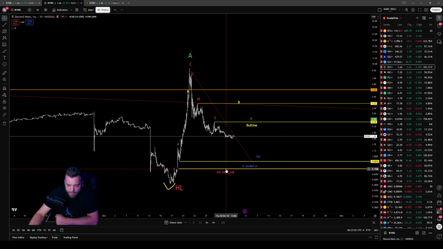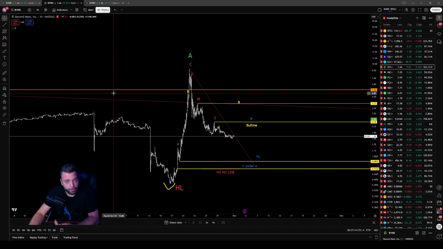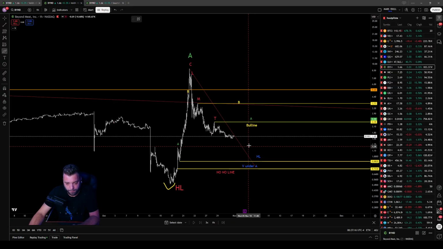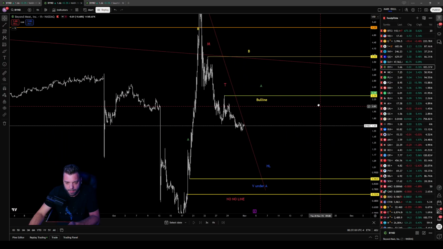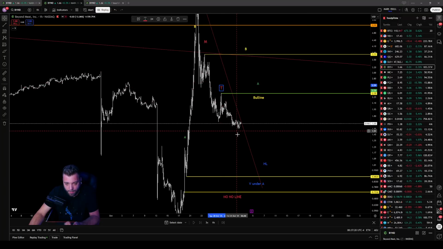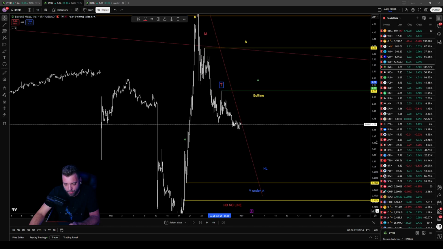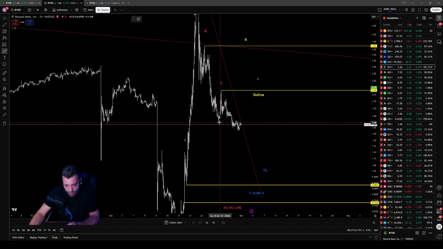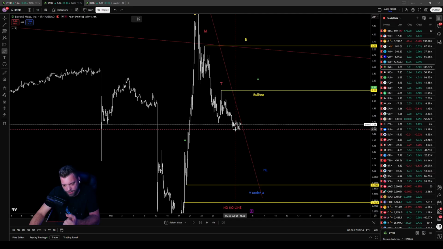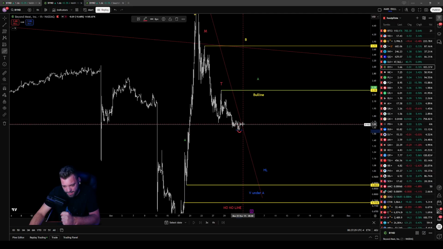Everything under 73 cents is bearish, and I would lean more to this play is over. And for the untrackable stupid thing, I mean, this is your T. You already did a lower low of this, so you could say this could be a V, and you're forming right here, right now, a higher low, but